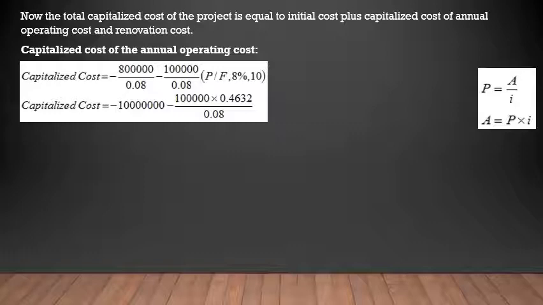Okay, and then I have this 1 lakh. 1 lakh divided by i will convert that into P. But where will this P be situated? That is very, very important. Its P will not be situated at t is equal to 0. My intention is to convert everything into P at t is equal to 0, add that P with the initial cost, then I will get the total capitalized cost. That's how I am trying to get the total capitalized cost.